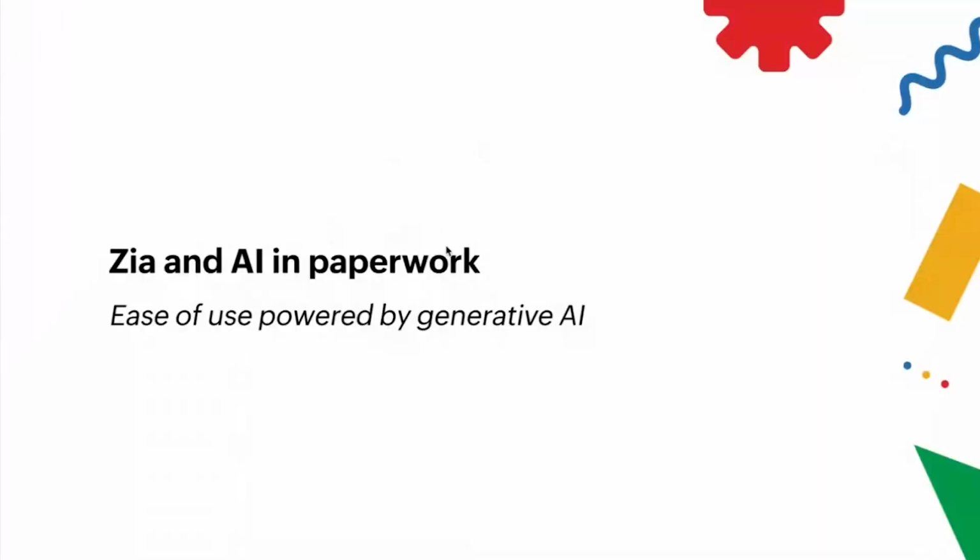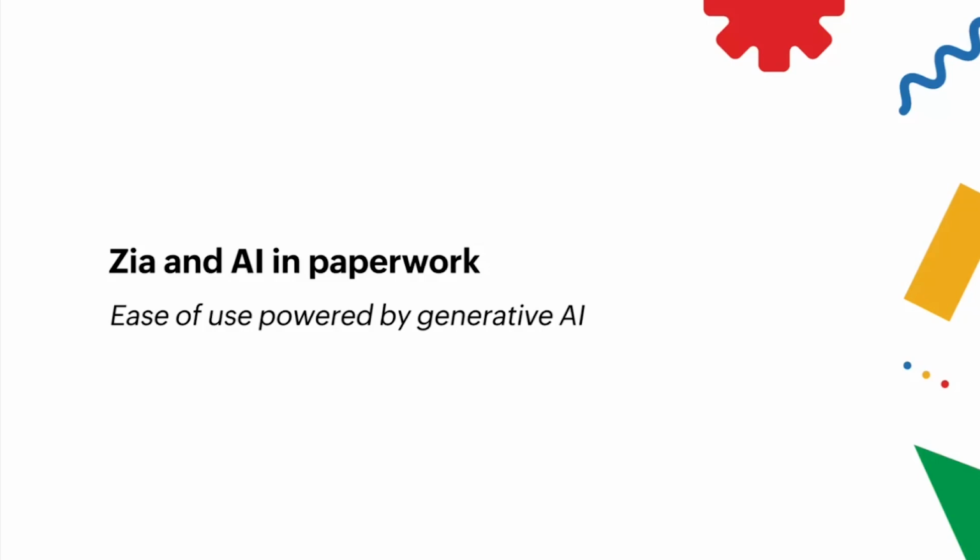So next, I want to talk about AI in paperwork. Now, most of you who use Zoho might know that we already have our own AI assistant called Zia that is available within multiple applications, offering smaller enhancements here and there where AI can pitch in. And we've also integrated with the OpenAI framework to leverage their generative AI capabilities, ChatGPT and the likes,